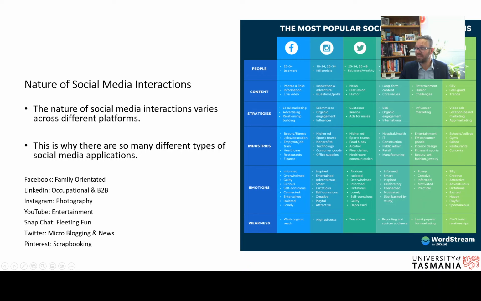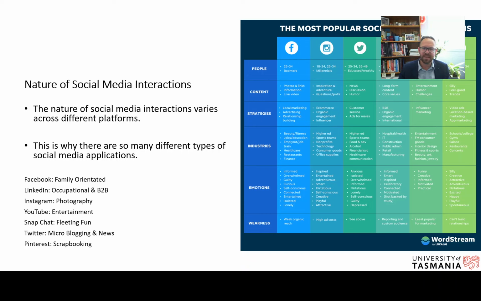LinkedIn is 46 to 45. So there's not that many young people on LinkedIn. There are young people on there, but not a heap of them. And the people that are on there are professionally minded, right? And then TikTok is mainly 10-year-olds to 19-year-olds, and 60% female. There's a balance there. And then Snapchat is 13 to 17 or 25 to 34, mostly tweens, right?